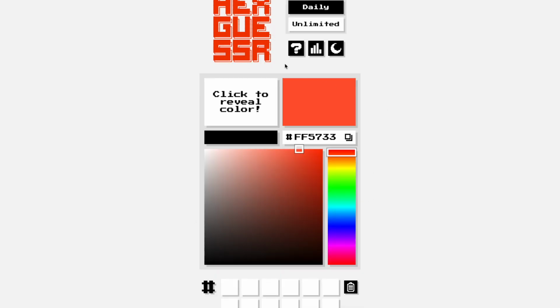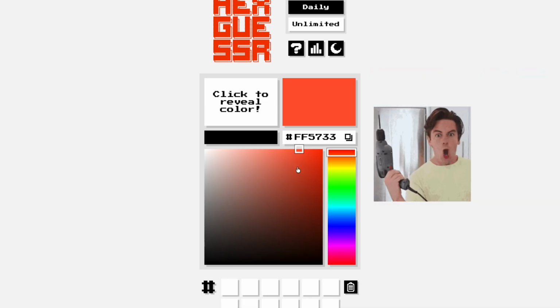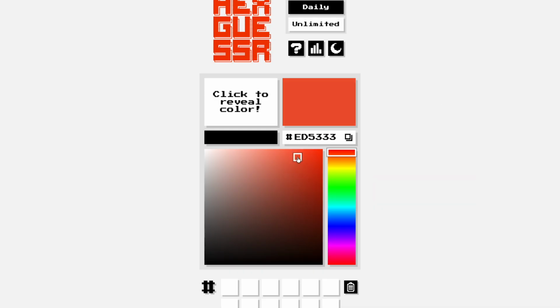Down here, we have the main section of the game. In the top left, we have the reveal square that we talked about briefly in the how to play part. And when I click this right here, I'm not gonna click it right now, but when I click it, what's gonna happen is the mystery color is going to be revealed in this square for a very short time. This timer bar will tick down very rapidly, and I'm going to be expected to internalize that color as best as possible, and then use these tools down here. This is the color canvas and the hue slider to recreate it to the best of my ability,